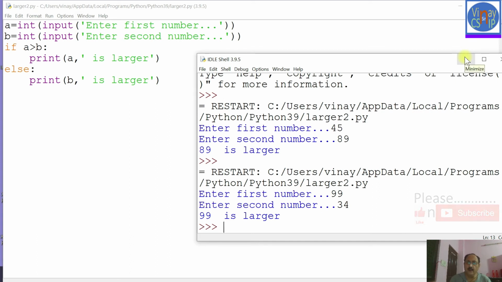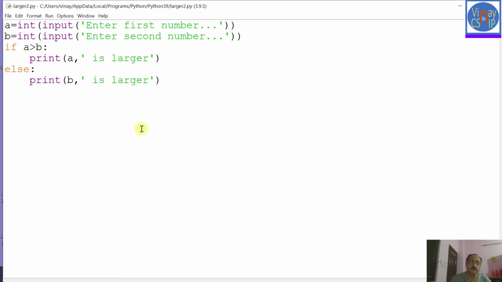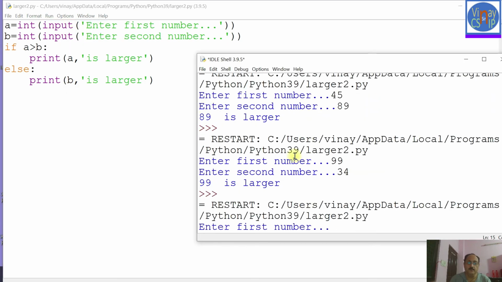And one more thing I would like to teach you here. I am just giving this space here. By the way, if I do not, what happens? Saving it, running it, run module. It is good practice to specify a space before writing any string, otherwise this value and this string will be clubbed without any space. So you'll have to make the provision of a space here, but this time I removed that space.